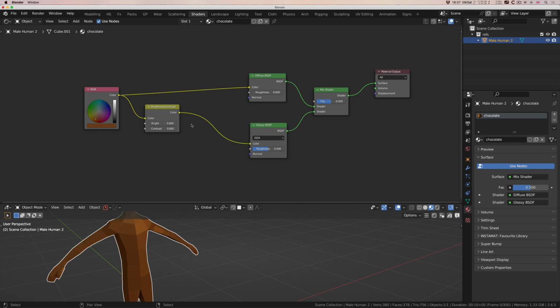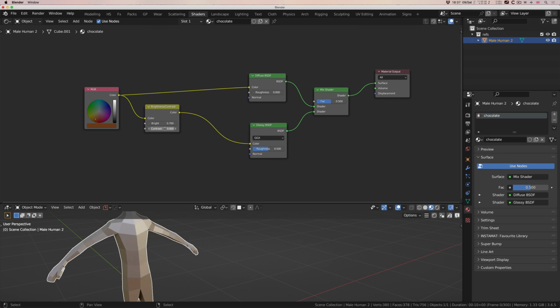There we go. And I can play around with the glossy, and also notice we have roughness values as well. So let's increase the brightness, not so much. Let's have a look. It's something like that. And I can play around with the contrast if I want, you can see, but I'll